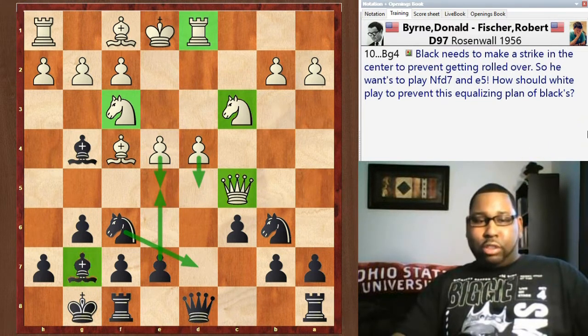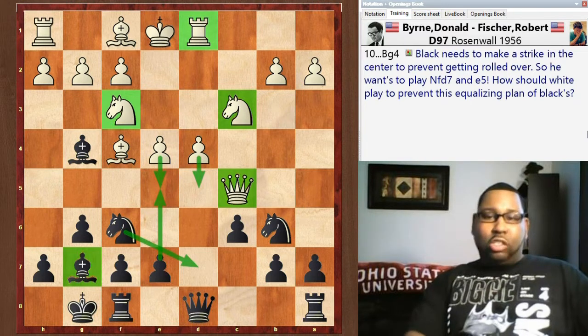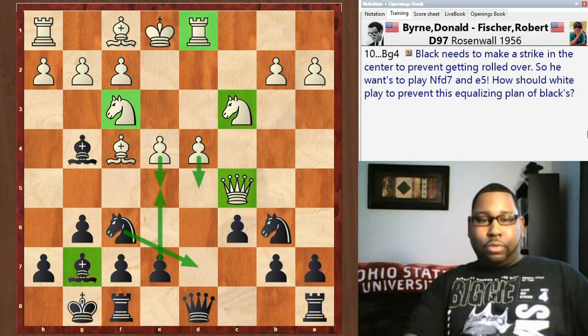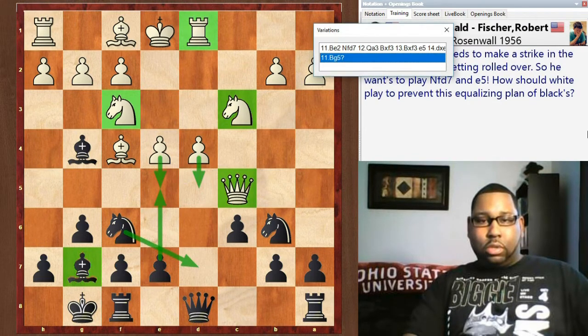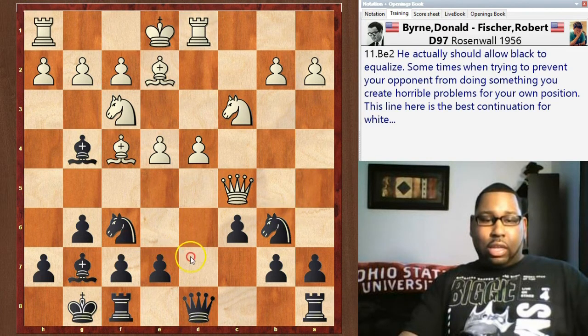So both players know what black wants to do. How should white stop black from getting his plan off? Well, if he plays bishop e2, this would have been the best continuation right here. This is the best continuation. He's actually just going to allow black to go ahead and get his knight f to d7 in and his